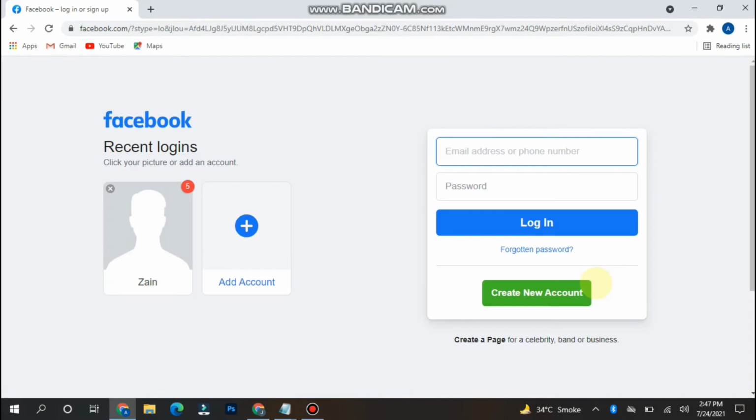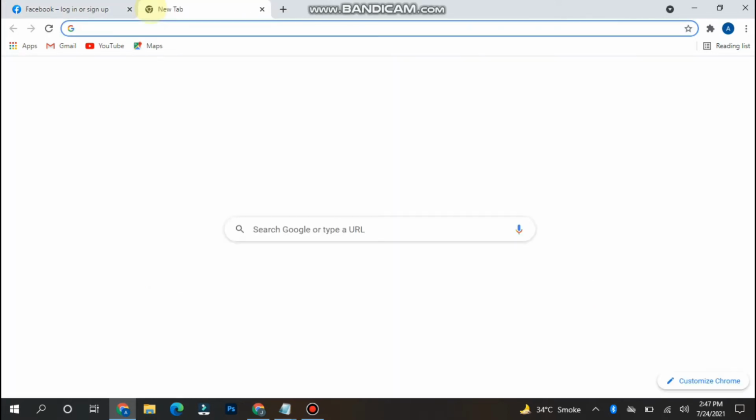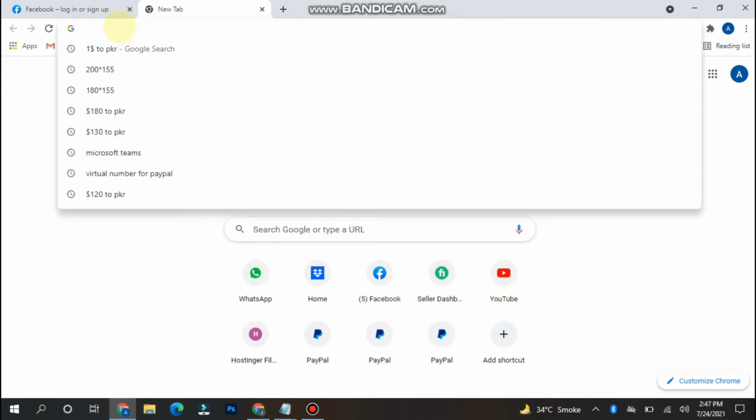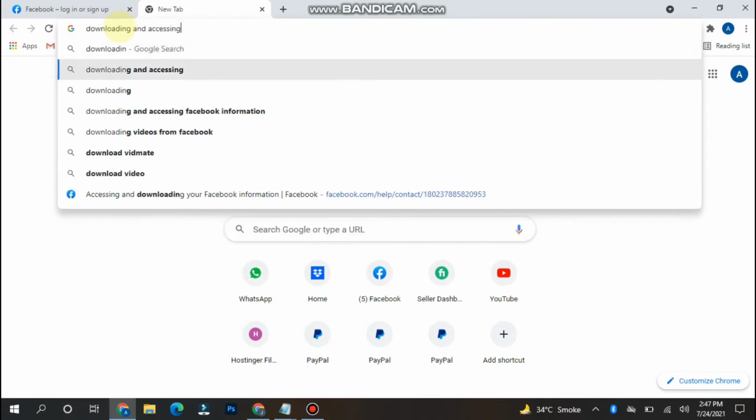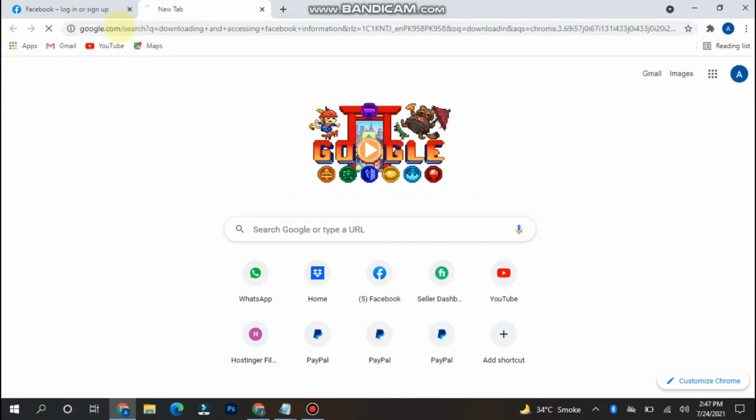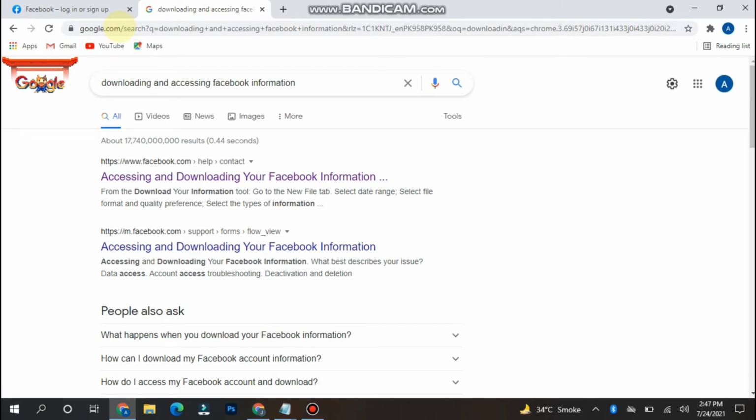Now what you have to do is simply click a new tab, or go to your Chrome browser and search for downloading and accessing Facebook information. Once you search for it, you will see a link on the top.